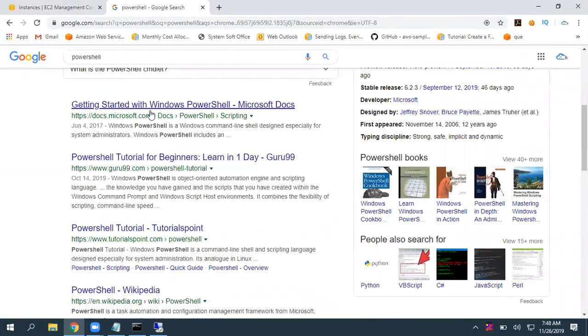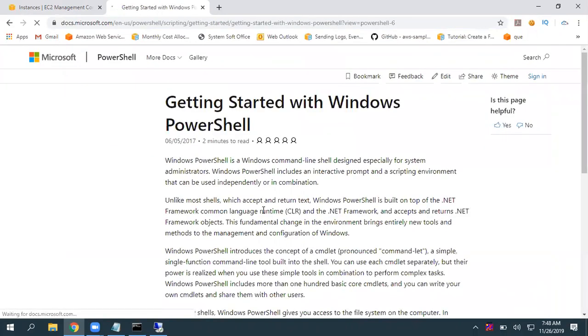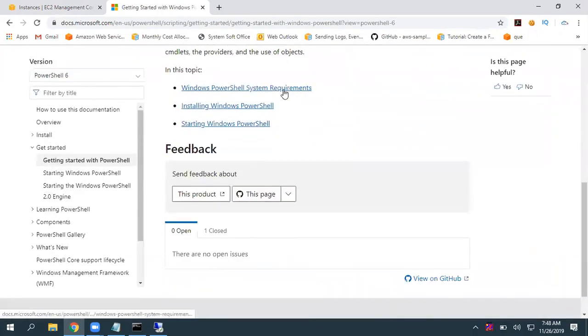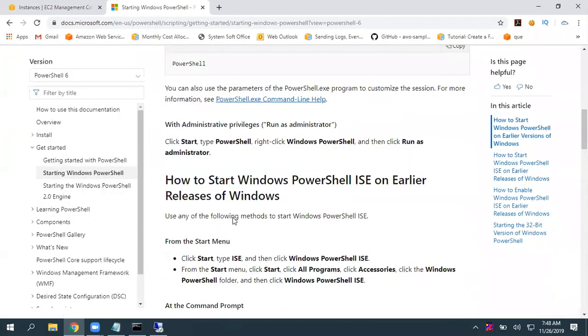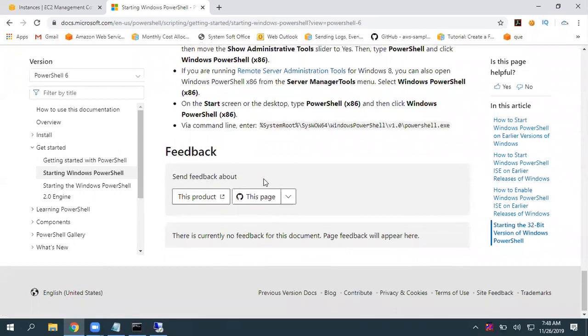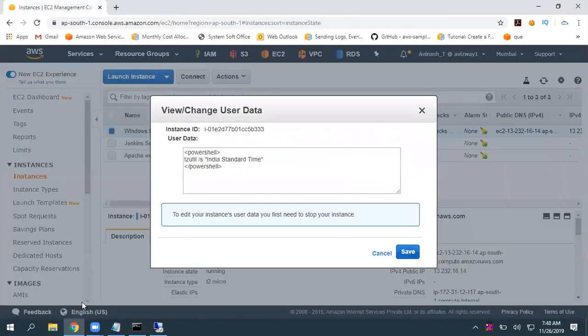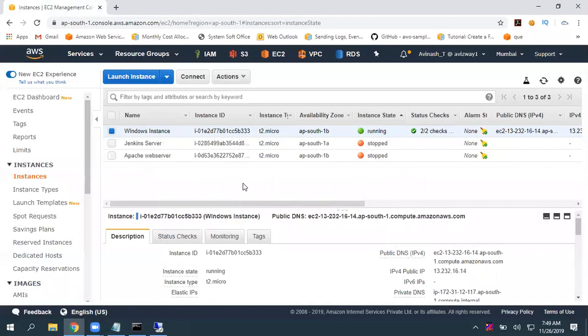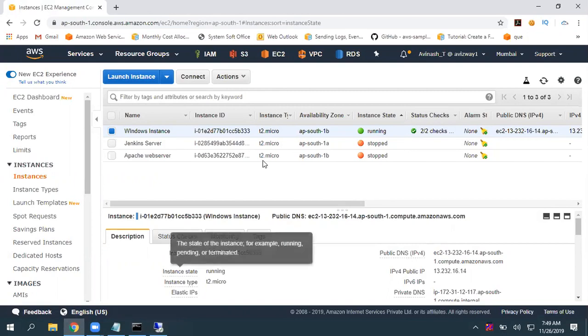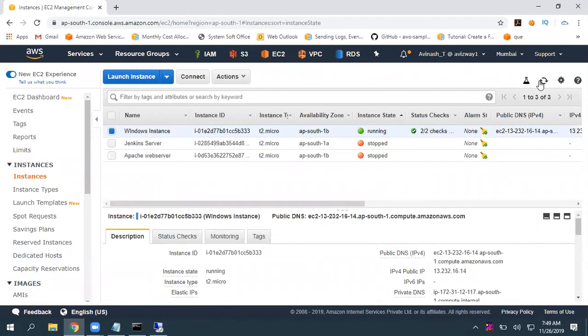You can find many get-started guides, if you really want to learn: requirements, installing, starting Windows PowerShell. Whatever commands you want, you can just get that command and execute it by using user data. Okay, so that is Windows user data.